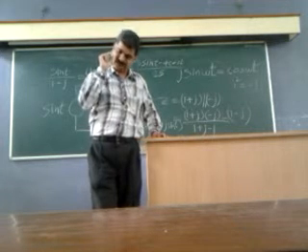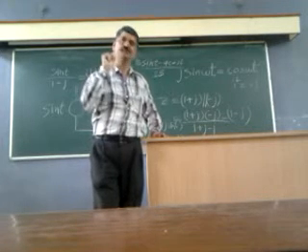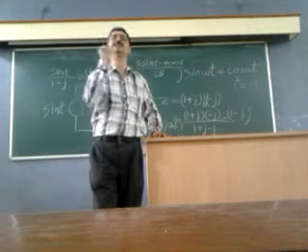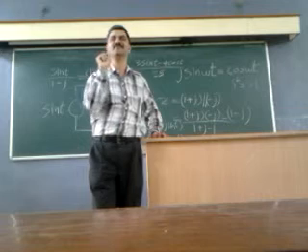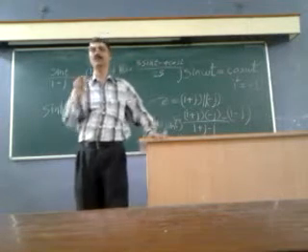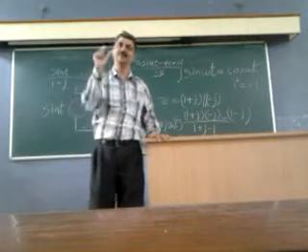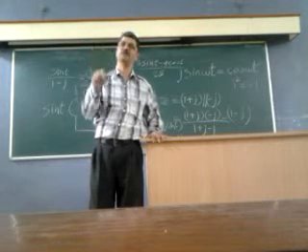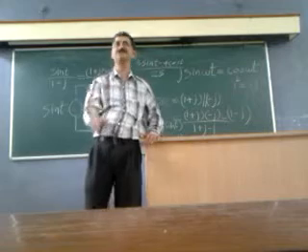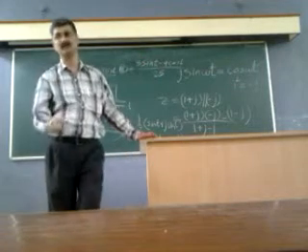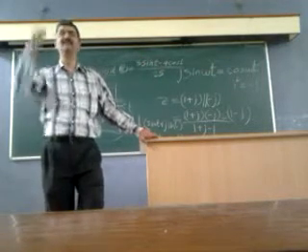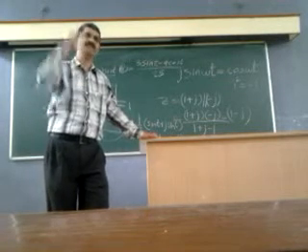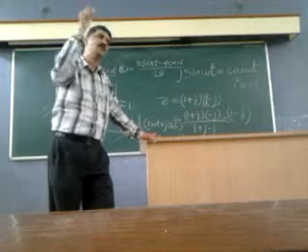j is a derivative operator if my input is sinusoidal. So d by dt of sin omega t is equal to j omega. For sinusoidal input, the d by dt operator is j omega. So d by dt you can replace by j omega, so that all differential equations become normal equations by replacing d by dt with j omega. Why? Because d by dt of sin omega t is j omega.